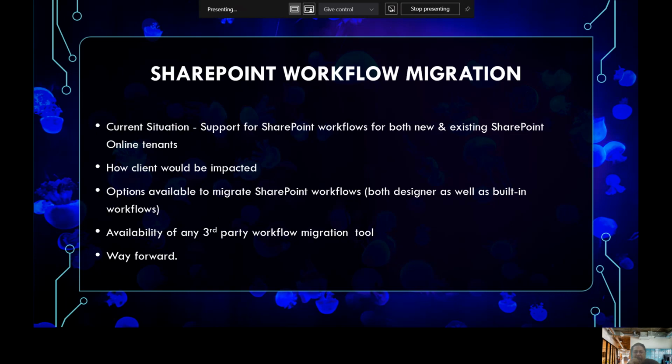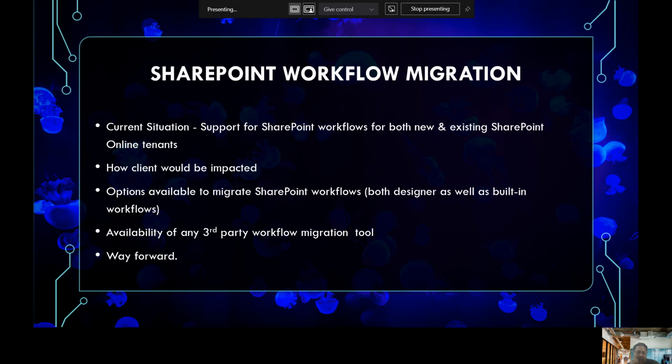Again, the biggest question that comes to our mind is whether there is availability of any third-party workflow migration tool. As I already said, unfortunately, the answer is no, as no third-party workflow migration tool is currently available in the global market. Even Microsoft has no plan to come up with any such workflow migration tool in the near future.